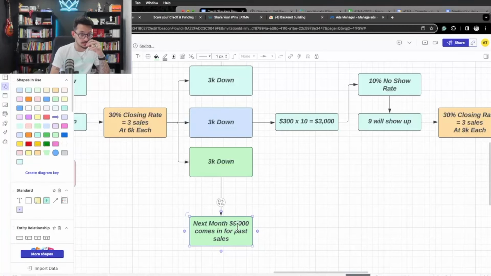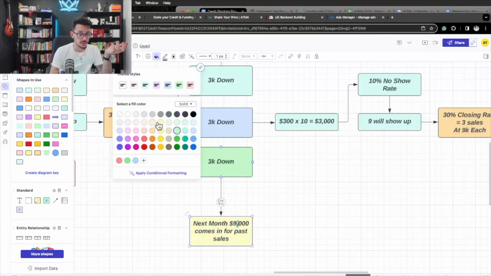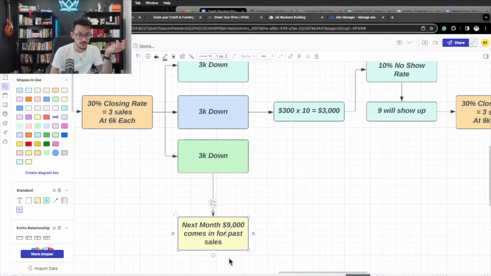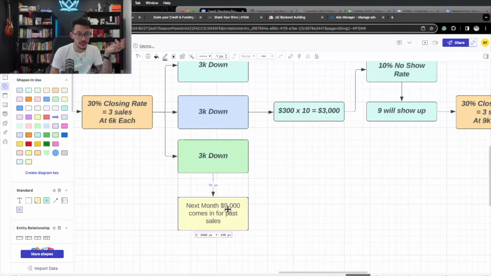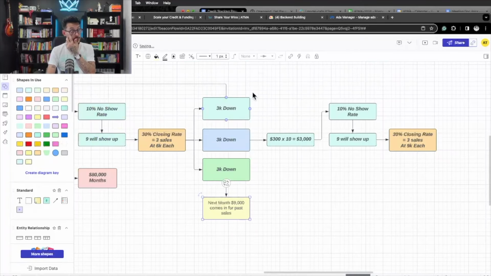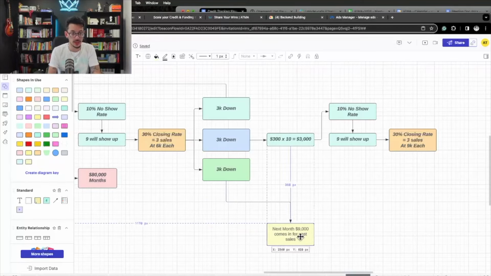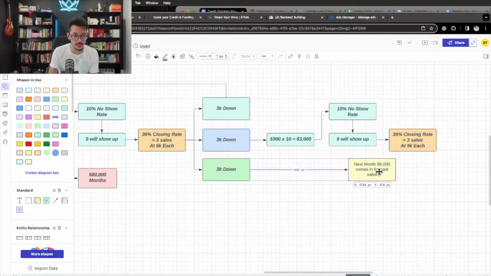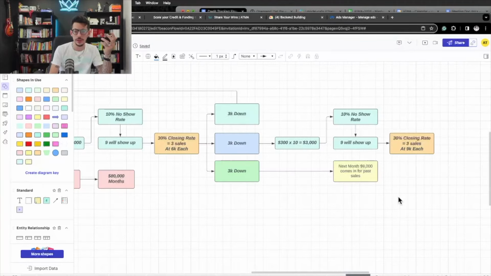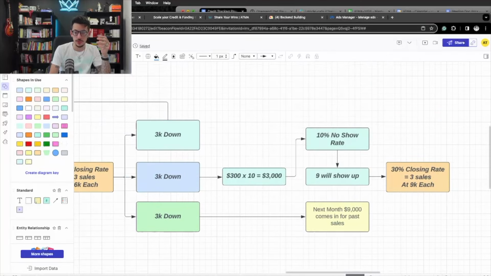Sales. So the month after that, which is why this is awesome, it works so well, is the month after that, you're gonna get these other 9 grand, right? From the previous sales, and then it starts compounding, compounding, and compounding. So I'm gonna put this over here because it should be pretty much here, almost happening next month. So you create this cycle, and this cycle will get you easily to 100K months, 200K months,